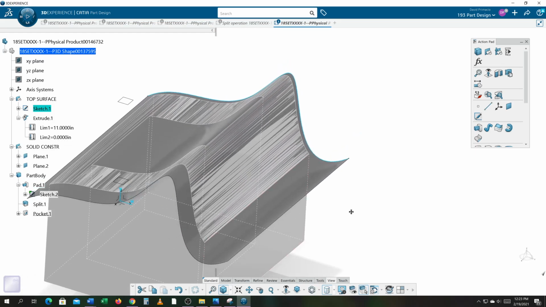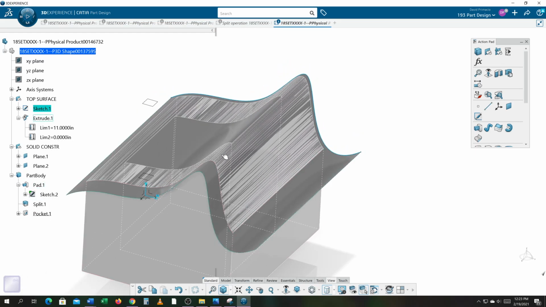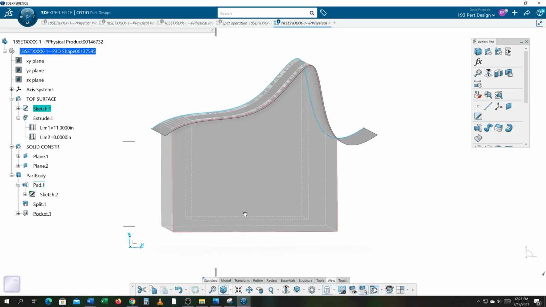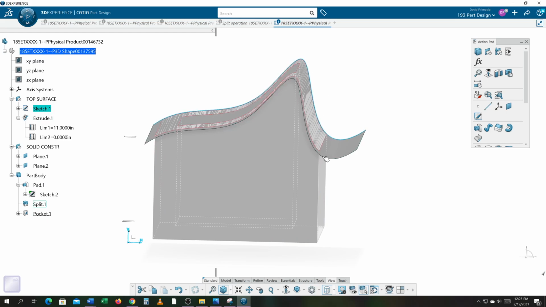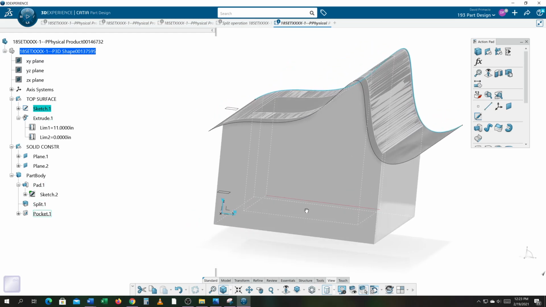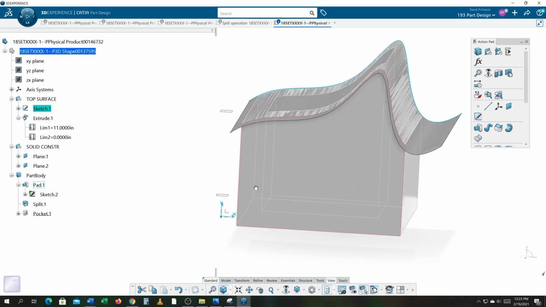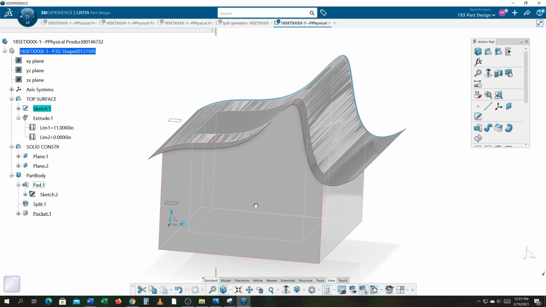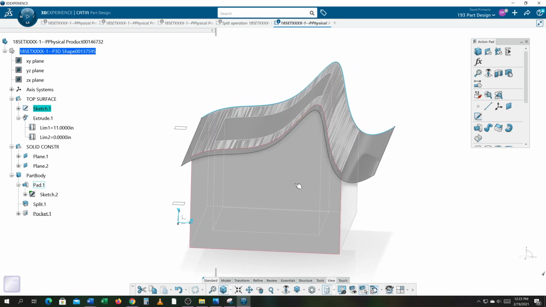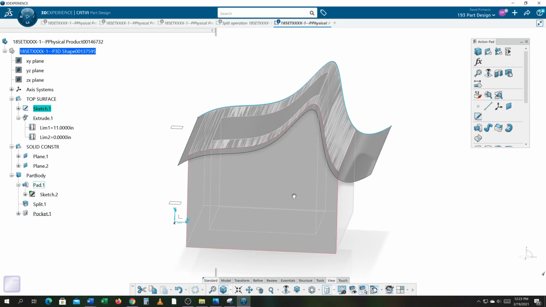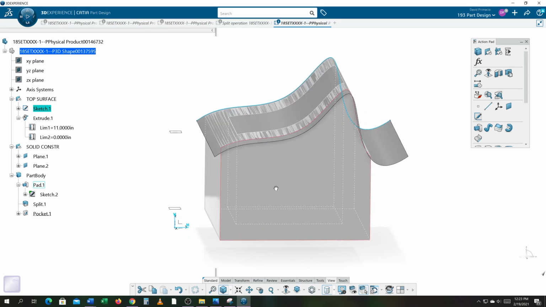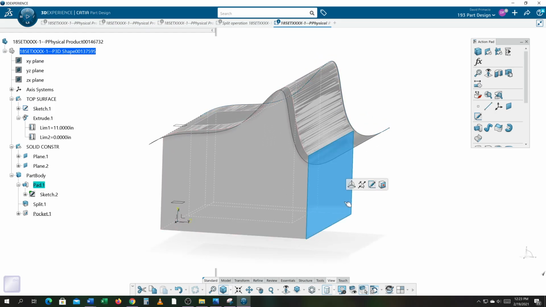Now if this were an NC part, yeah, it will automatically change the toolpath, but I might have done something so crazy the NC toolpath is not going to be able to handle this. Okay, which would be a good thing, because it would tell you, hey, this engineering part you made probably isn't a good part, because we can't even make it in the NC shop, because you did something really weird looking here. Alright, so in the spline feature,